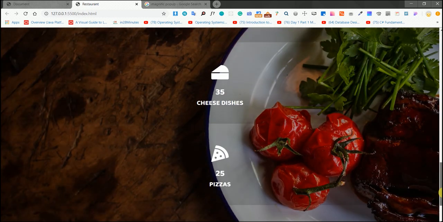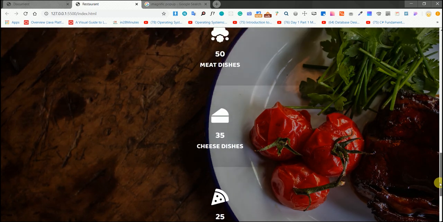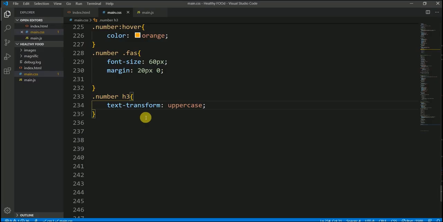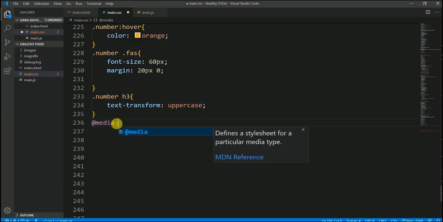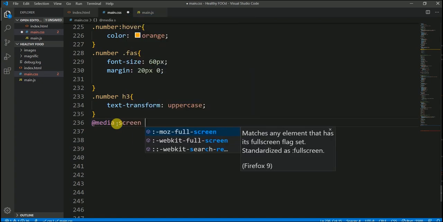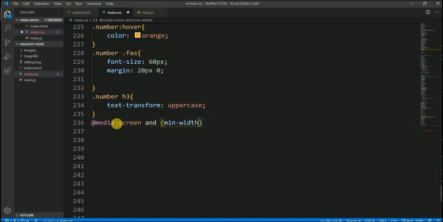Okay, so the icons are a little bigger now and everything is looking nice. So when we hover over it, the color is changing. It is changing into orange. Let's move on and start using some media queries. Media screen and min width would be 576 pixels,